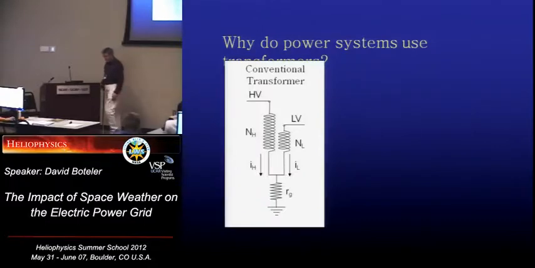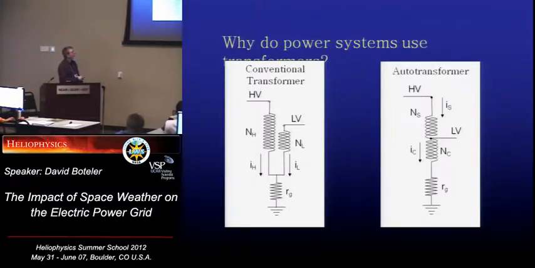So there's your normal transformer. You have your input winding and your output winding, or the other way around. Something you might come across on the power system is that they often combine these two windings. It's a bit of a trick, but because those things are so big, it saves you having a second set of windings. You get the same effect by having just one winding, and you tap off from the middle to give you your low voltage. You don't have to have a separate one. These are referred to as auto transformers.